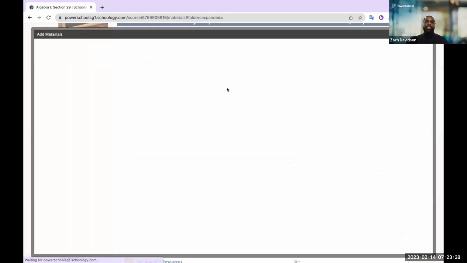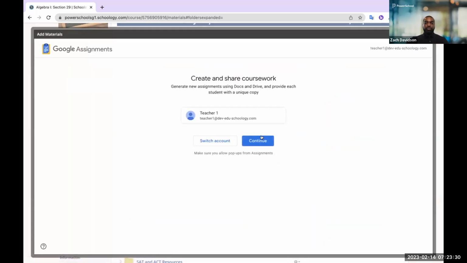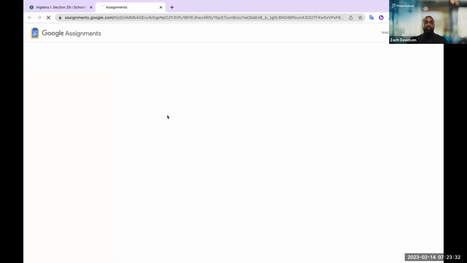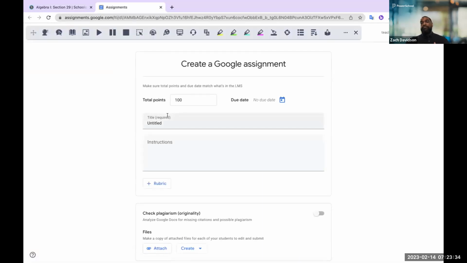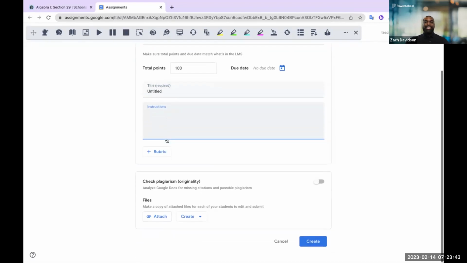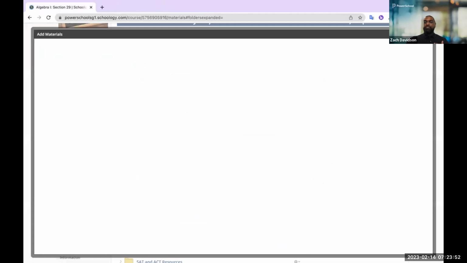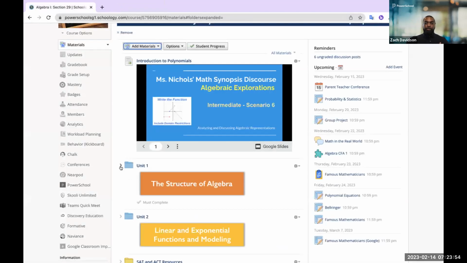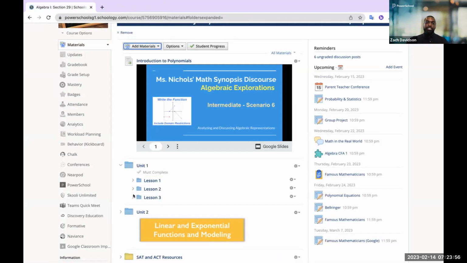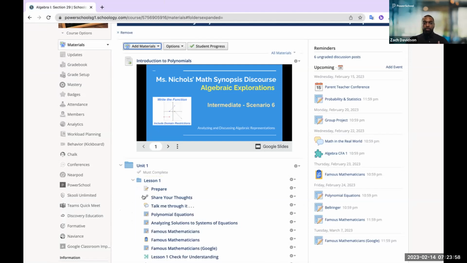What we want to provide is an opportunity for you to aggregate those tools, as seen here with the Google assignment workflow, where for teachers that are used to a Google Classroom experience, they don't lose that whatsoever. Here I have the ability to build out my Google assignment in the same exact way that you do within Google Classroom. But once I click create here and attach that document, it populates inside of Schoology. So in this example here, you can see this famous mathematicians assignment that I've placed for due on Thursday.